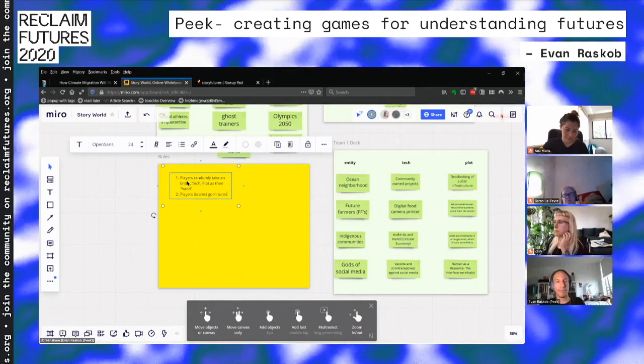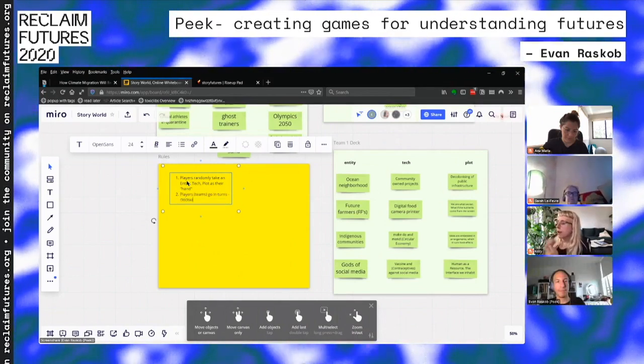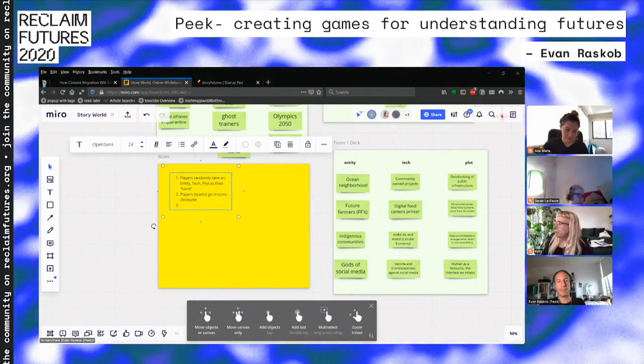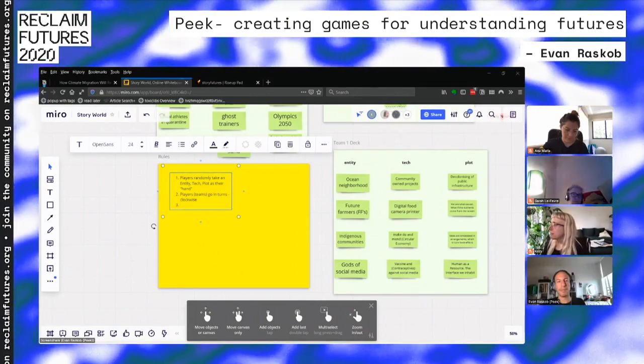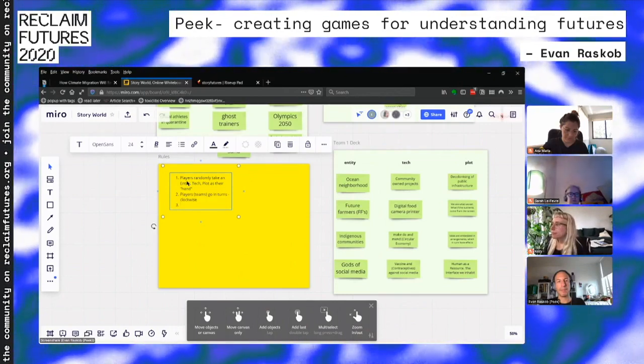That's actually first, before players go in turns. Okay, so players are going to go in turns. Maybe we'll just do it clockwise. And then what do we want to do? We want to build up the story world out of this. So let's use the Peak method, which is that